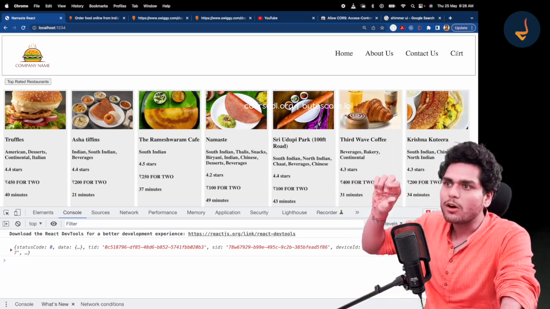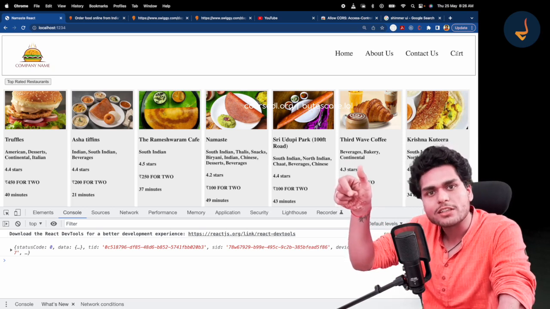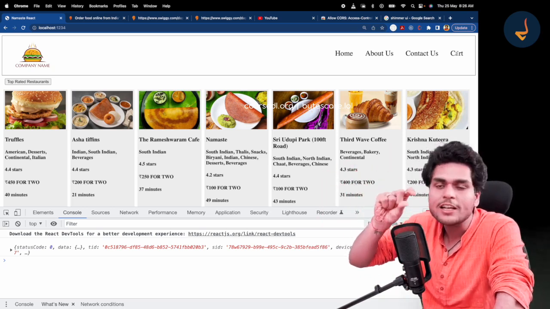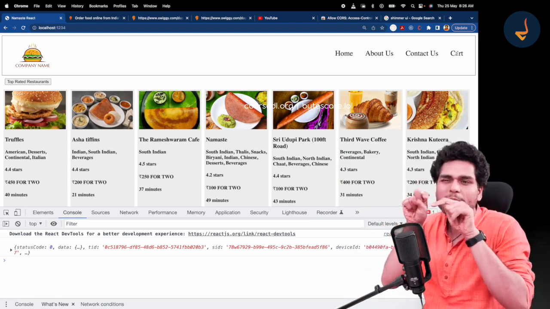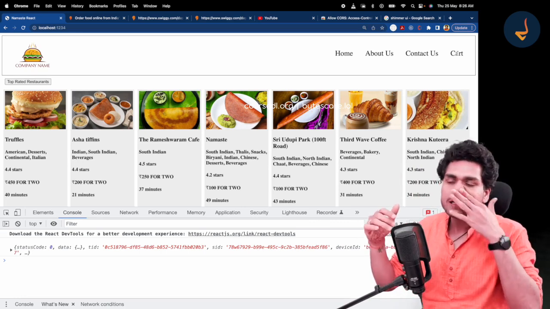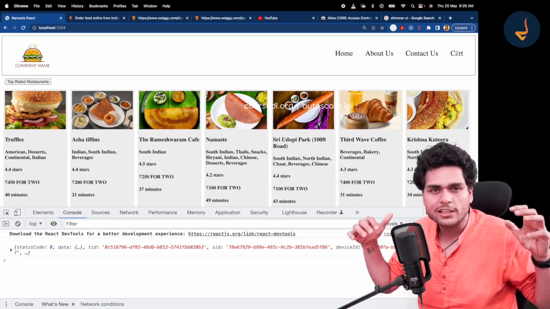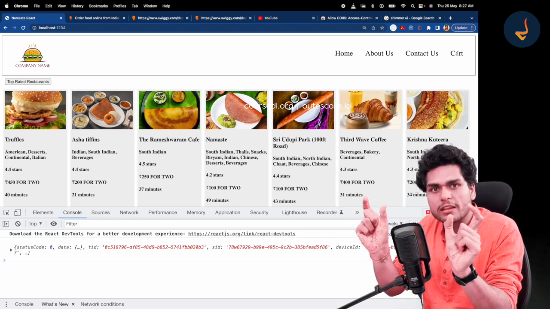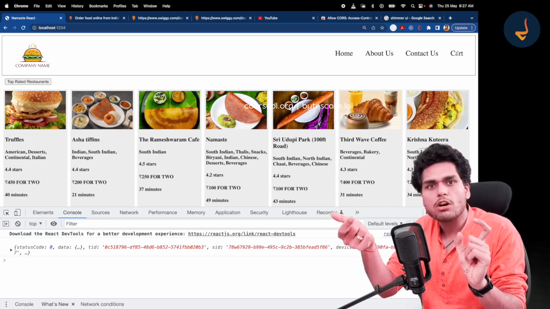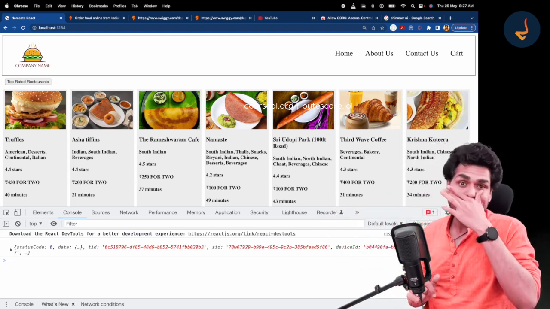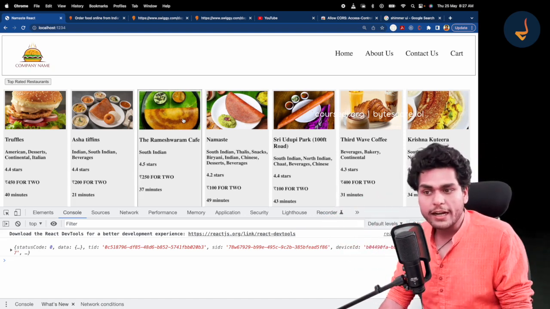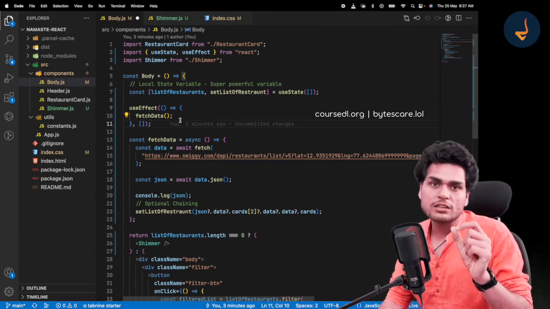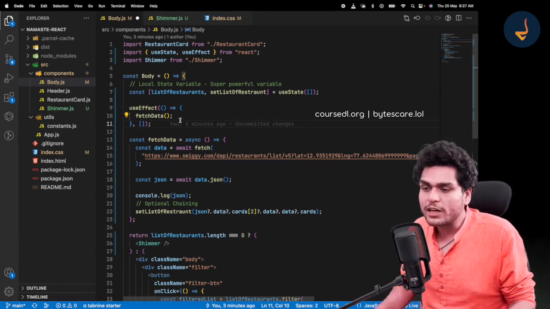As soon as we log in, that login button changes to logout, isn't it? And then when you log out, it changes back to login, isn't it? So we will try to build that button. We are not doing actual authentication and all that stuff, but I want to show you how we can do that thing in the UI, changing that login button to logout and the logout button to login. So let's build that quickly. It's a very small feature, but it will give you an in-depth understanding of how state works